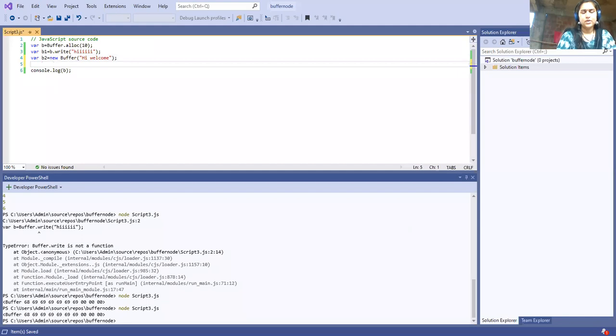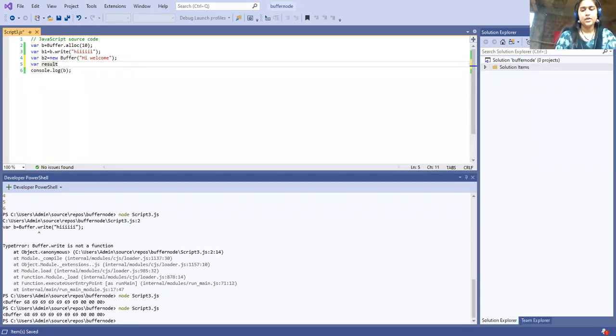Now let us see for comparing. We have to take one variable, because whenever we compare two strings, it will give you three kinds of values: less than 0, greater than 0, and 0 if both are equal. In the same manner it will show you the values. So here I'm going to compare and return one result.